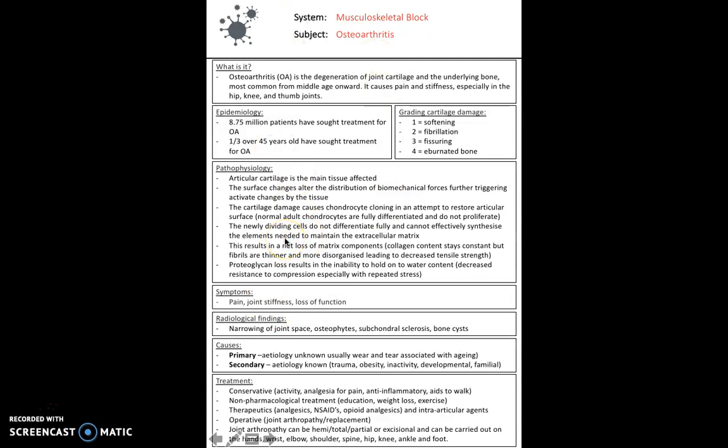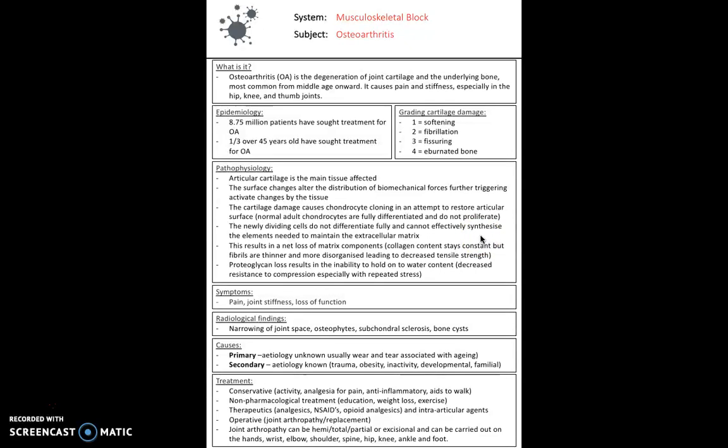The articular cartilage is what's really affected here, and the surface changes alter the distribution of biomechanical forces, and as a result we have changes within the tissue. The cartilage damage causes chondrocyte cloning in an attempt to restore articular surfaces. Remember, normal adult chondrocytes are fully differentiated and do not proliferate. But here they are differentiating and proliferating. The problem is they don't differentiate fully, and therefore they can't effectively synthesize the elements needed for the extracellular